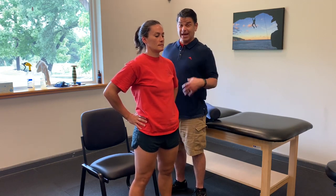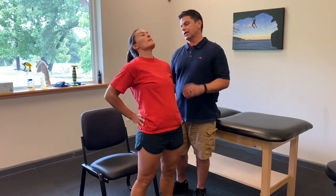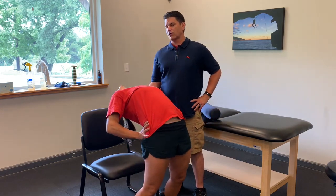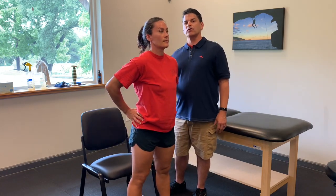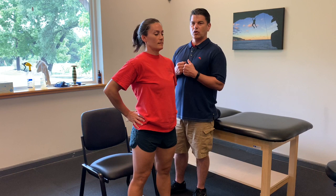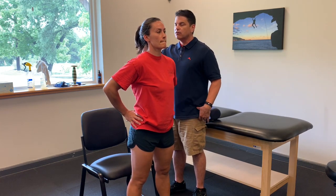They can't move. And as we get motion, they get better. So I like to say, typically any joint that loses motion hurts because it can't function right. Go ahead and push again, further, further, further. So every pilot should be able to do this. And they should be able to go back further and further. And then their low back is gonna tolerate that prolonged bouncing in the head forward a lot